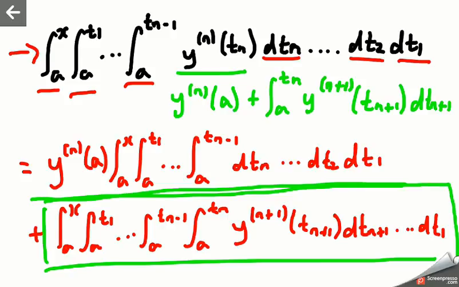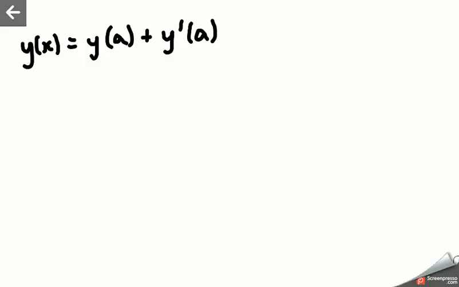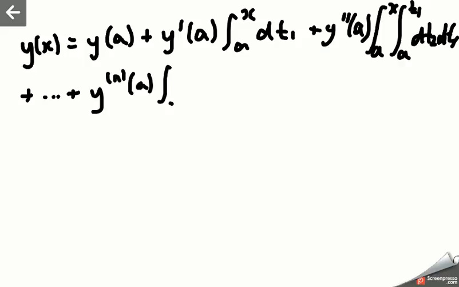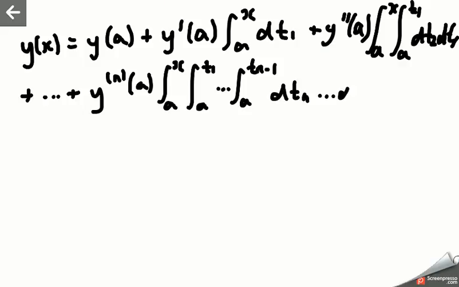So if we keep doing that, as long as we want, we can write the function y of x as the following. y of x is equal to y of a plus y prime of a times the integral from a to x dt1, plus y double prime of a times the integral from a to x, integral from a to t1, dt2 dt1, plus, and we can keep going, all the way up to y differentiated n times at the point a times the integral from a to x, integral from a to t1, all the way from a to t(n-1), dtn ... dt2 dt1,